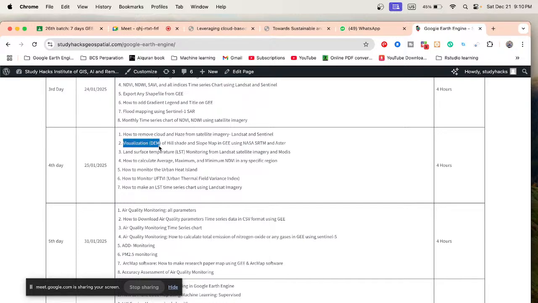This DEM data, how we can easily use it, and then further how we can create different types of topographical mapping such as hillshade map, slope map, aspect map, hillshade view map. So how we can easily get the DEM data and also create this type of topographical mapping, we also discuss that. And we also discuss LST, mainly land surface temperature, how we can easily monitor using